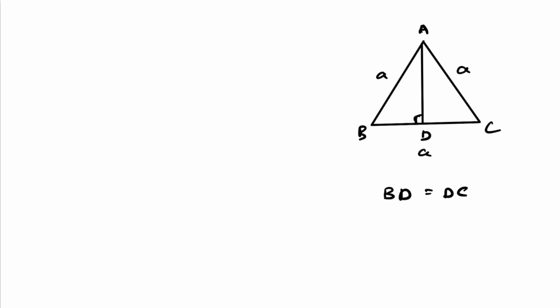So now, in one of the right-angled triangles ABD, the hypotenuse is AB, which is A. Half of the base will be A by 2. Base BC is A and half of the base BD is A by 2, and the height AD will be H. Using the Pythagorean theorem,